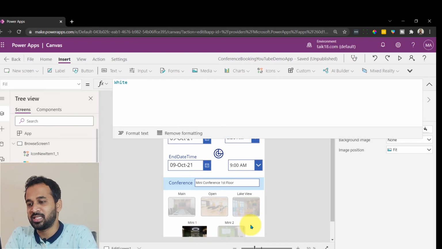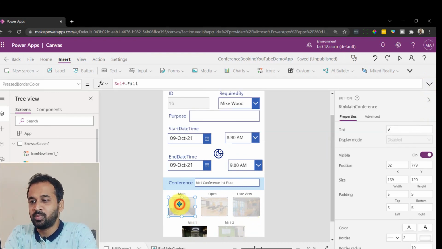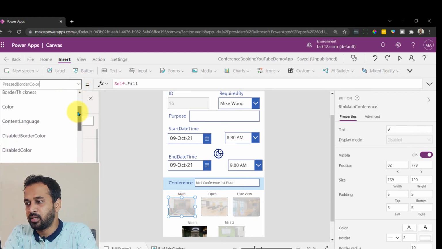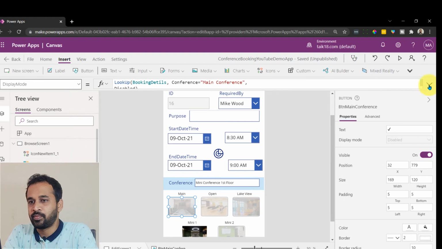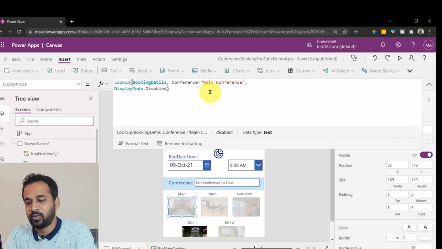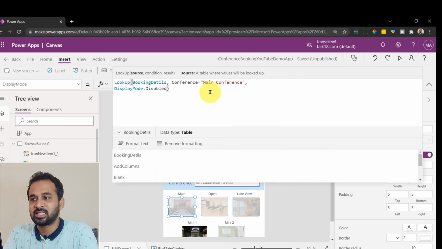How I did that is there is one more formula I have used here. If I click on the button here and go to this DisplayMode, and click here, what I did is use the LookUp function in Power Apps. If I open the bracket, it is asking me for the source. Here we can refer to a source as a table or as a collection.